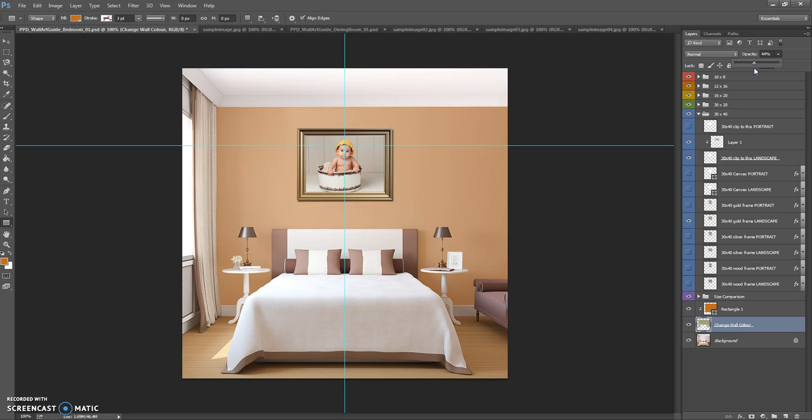So I think that's just a much quicker and easier way of changing the wall colour. Just draw a rectangle over it and clip it. Or switch it off entirely and have that. Okay, so if I just